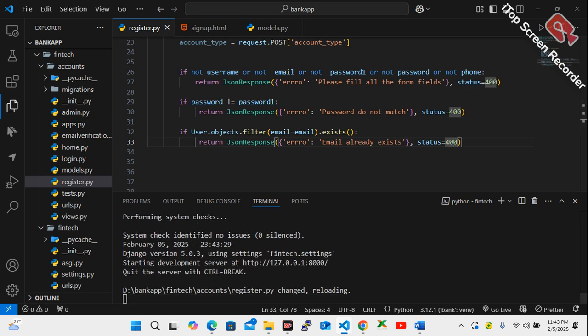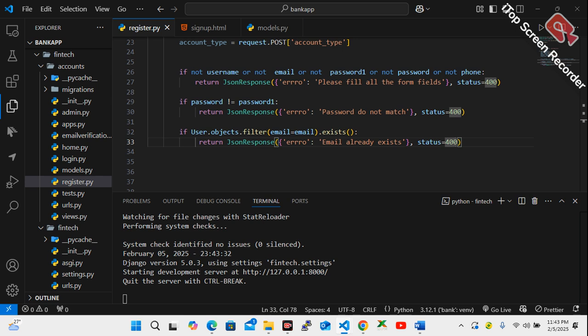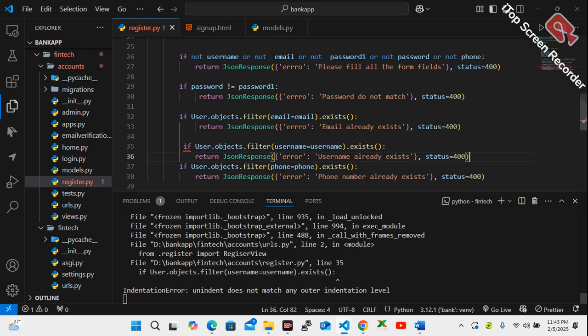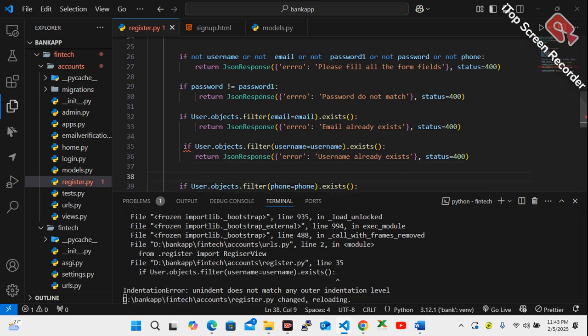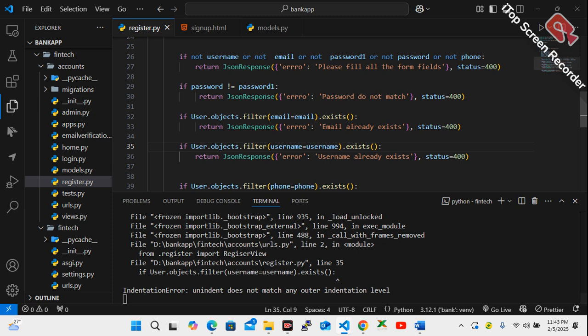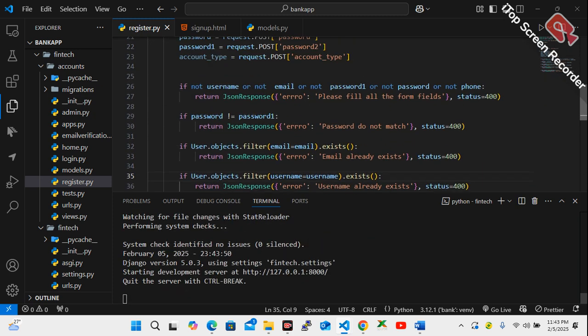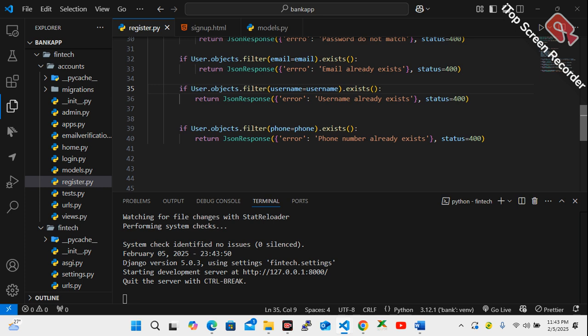So another thing we're going to do is the same thing with the user. I just copy and paste the same thing with phone number. So the same thing with user, same thing with phone number, right? Now look at what we are doing here, right? So after that is done,